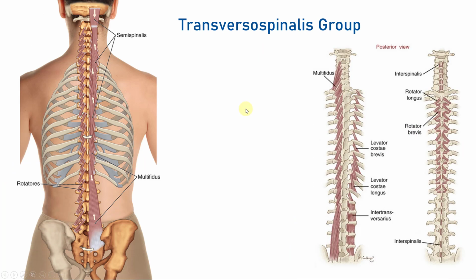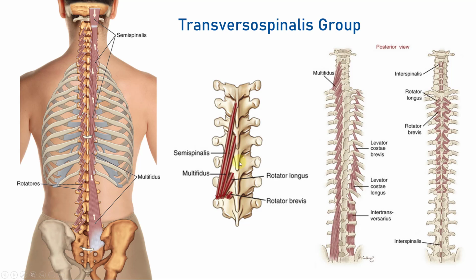Conversely, we look at the transversospinalis group, and what's unique about these guys is that they have a lateral origination and a medial attachment. So they're kind of coming up and they form this Christmas tree-like pattern. And the only big difference between these muscles is that you have some that span like 4 or 5 vertebrae. You have some that span like 2 or 3, some that span 2, and one that spans 1. And so that's all that differs between these, but their function is exactly the same. It's just, are they controlling 3 or 4 joints, or are they controlling just one joint? And so that's your multifidus, your